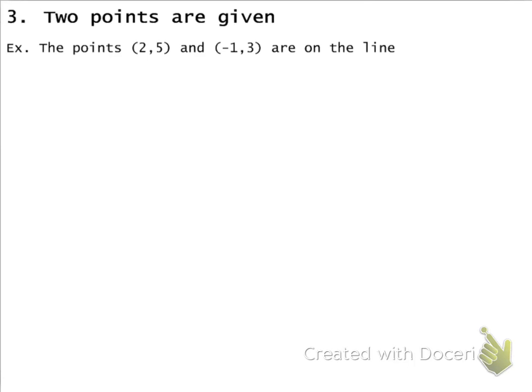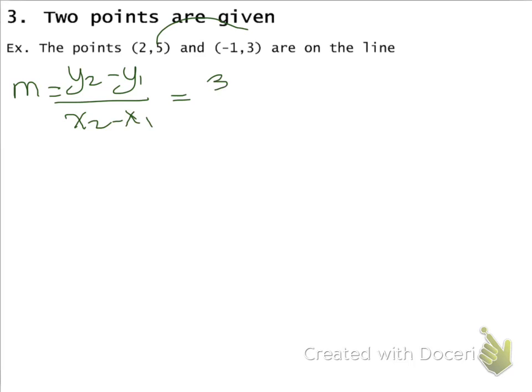Alright, example 3. In this example, we don't have the slope and we don't have the y-intercept, but we have 2 points. If you think back to last unit, we can find the slope using 2 points. The formula describes finding the change in y divided by the change in x. So delta y over delta x. We can subtract the points in any order, but we'll do 3 minus 5 for the top. And then that would mean we start with -1 minus 2 on the bottom. So the slope is -2